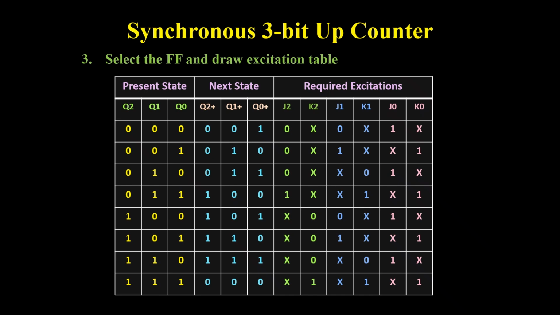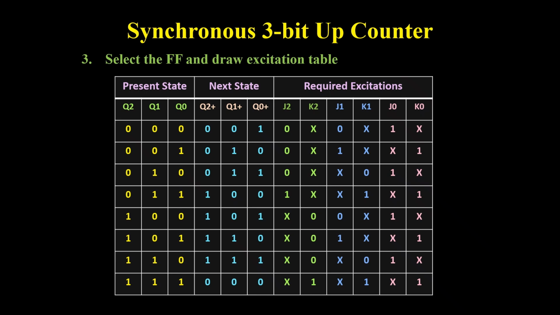So this column shows the next state of the counter corresponding to the present state. That means these two columns show the present state and the next state of the counter. So now to move the counter from the present state to the next state, we need to find the required excitations for each flip-flop. And to find that, we will take the help of the excitation table of the JK flip-flop. So here, first let us consider this column Q2. This first column in the yellow color shows the present state of the Q2 output, and this Q2 plus is the next state of the Q2 output. So to get all these output transitions, let us find the required value of J2 and K2, and here we will take the help of the excitation table of the JK flip-flop.